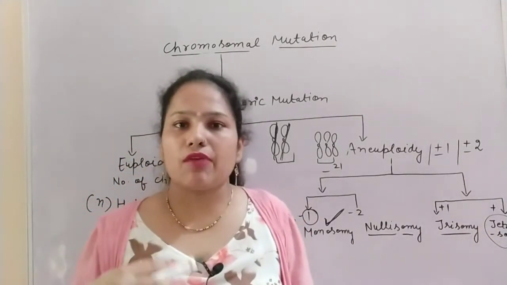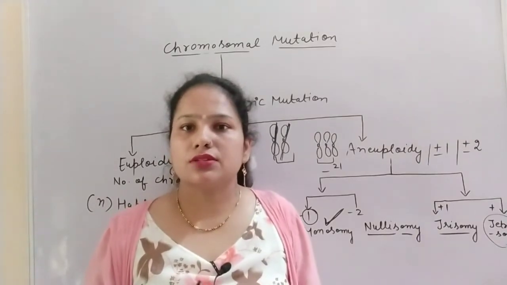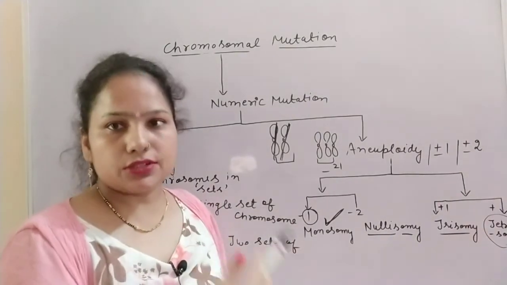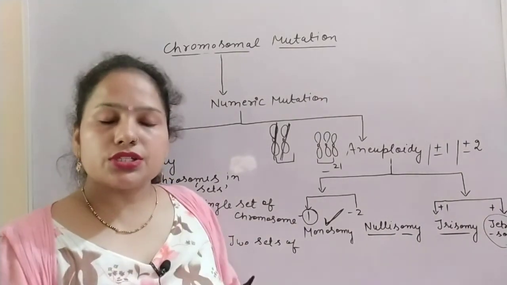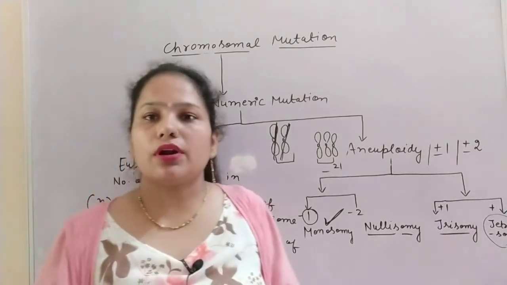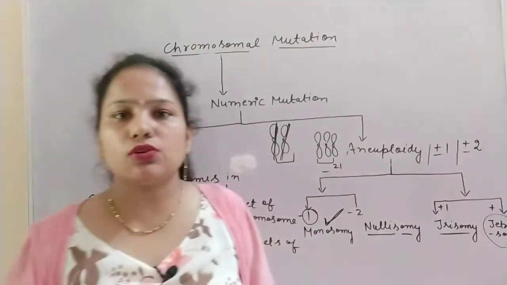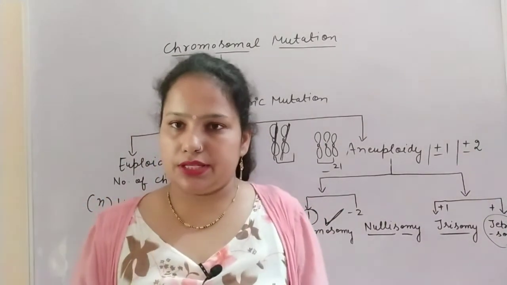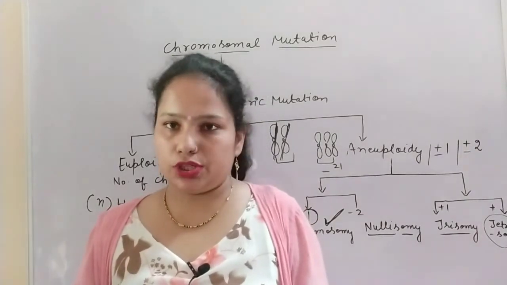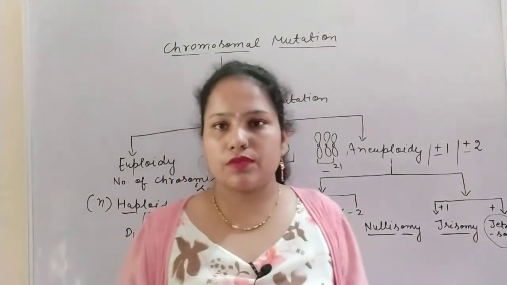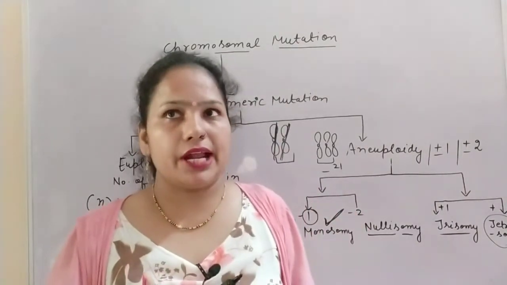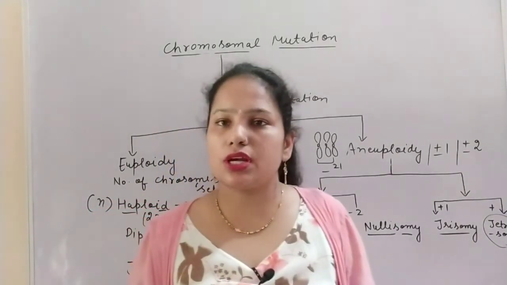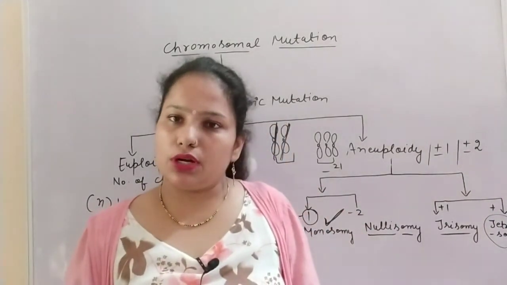And in case of every organism, nature has set something, and if there is the increase or decrease in these chromosomes or in the change in the gene sequence, then that organism will be abnormal, or in that organism mutation takes place, in that organism variation takes place, and due to variation then evolution takes place. And if these variations are beneficial, then that organism can survive, and if these variations are not beneficial, then that organism is unable to survive.